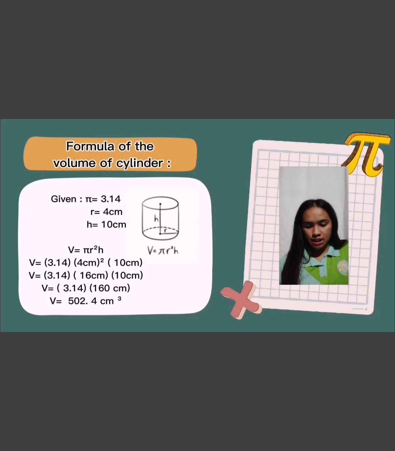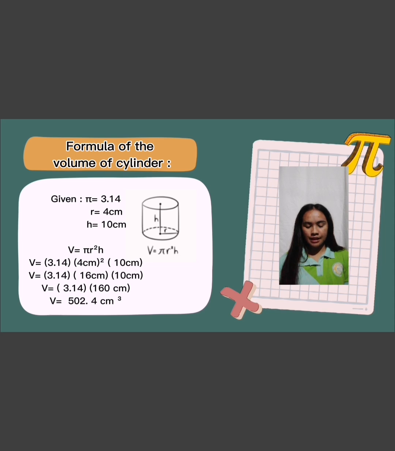Next, three-dimensional shape, which is the cylinder. So the formula will be volume is equals to pi times radius squared times height. So let's have an example for you to understand the formula of cylinder. So the given will be pi, which is 3.14, radius is equals to 4 centimeter, and height will be 10 centimeter. So let's start by writing the formula first. So volume is equals to pi times radius squared times height, and then